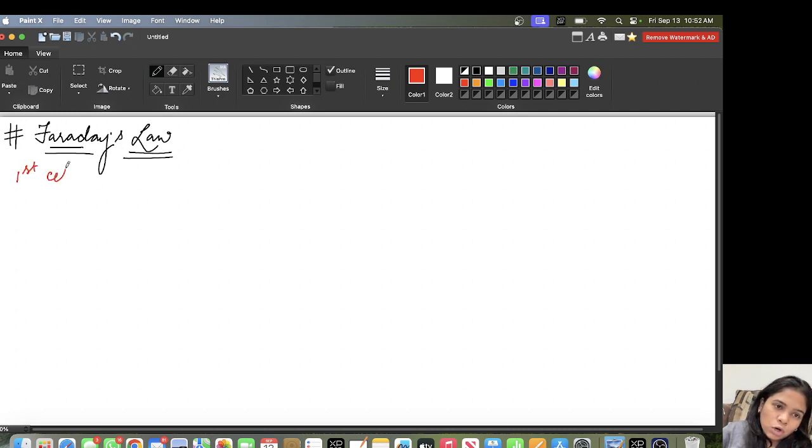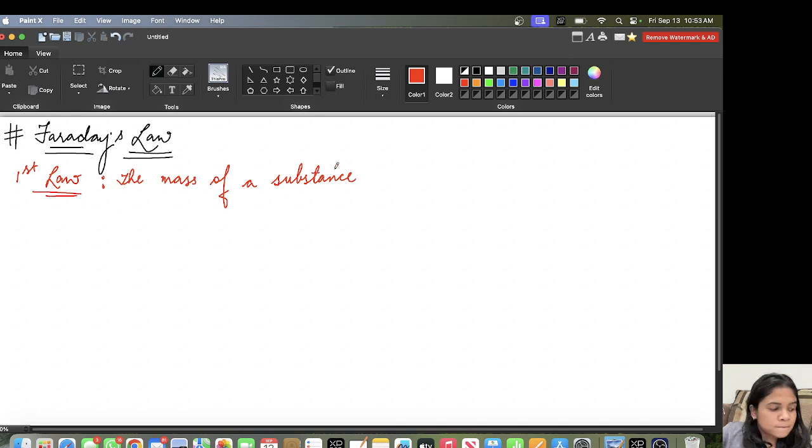You all know what an electrolytic cell is. You're passing electricity, and on passing electricity you are getting chemical compounds at the anode, at the cathode. What does Faraday's first law tell you? The definition tells you the mass of a substance deposited, or the mass of gases liberated